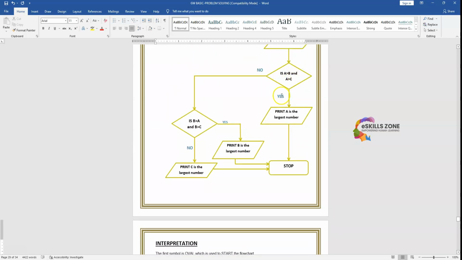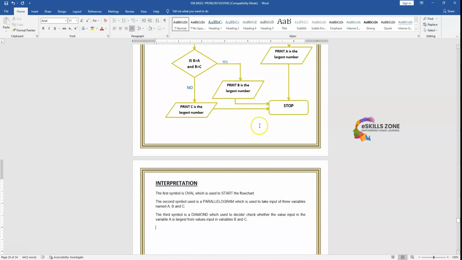If this condition becomes true, meaning that A is greater than B and A is greater than C,